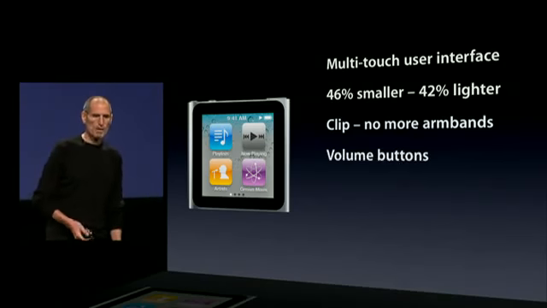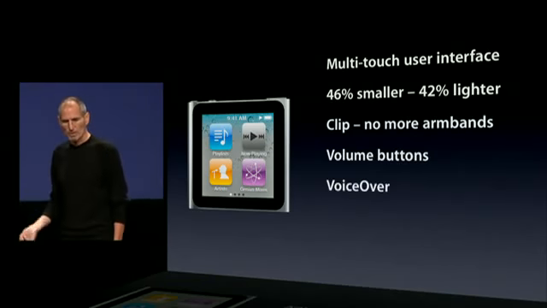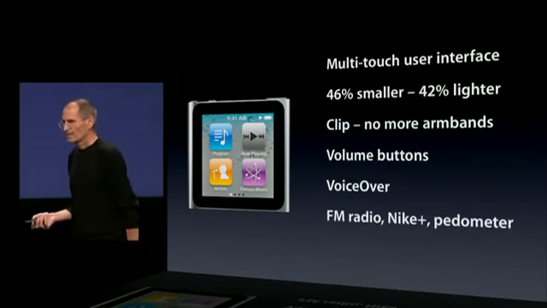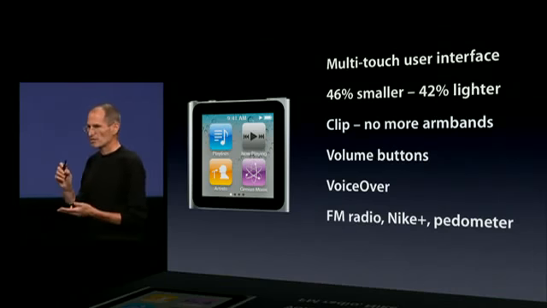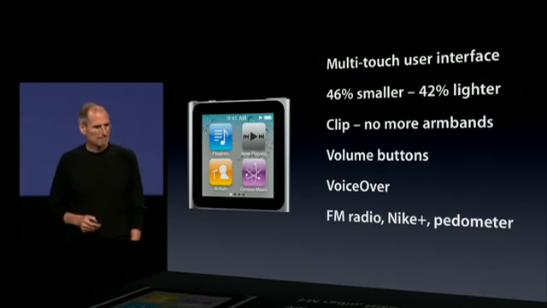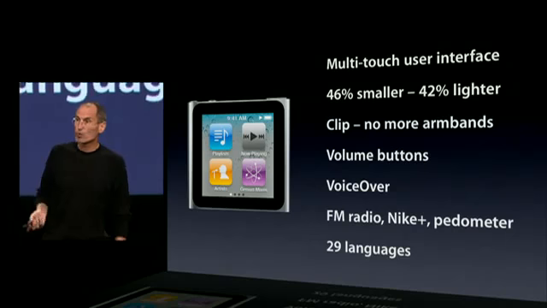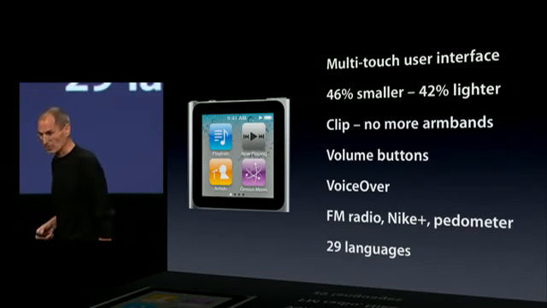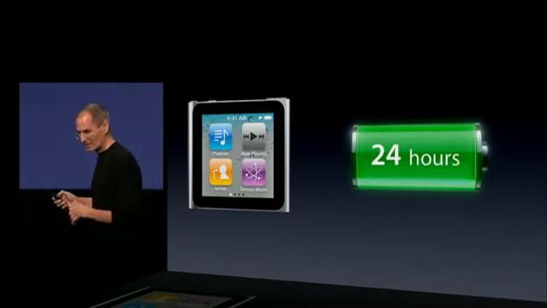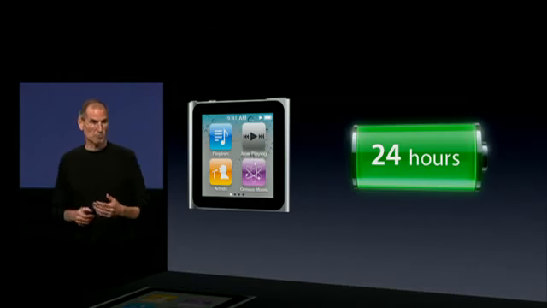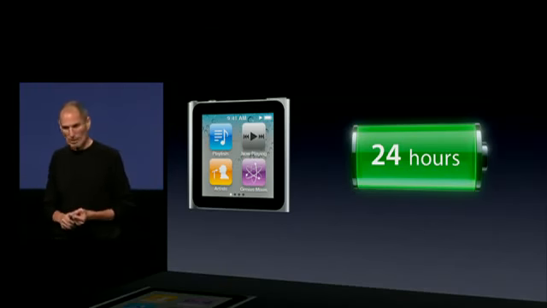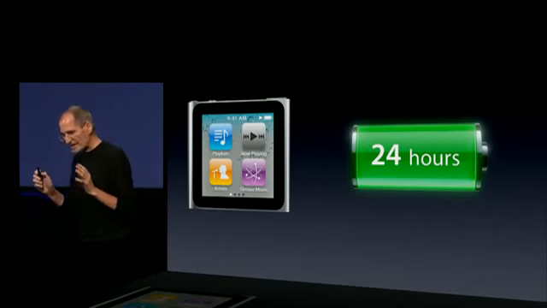It's got volume buttons, hard volume buttons, VoiceOver, FM radio, Nike Plus, pedometer, all sorts of stuff like that. And it works in 29 different languages. So we're really excited about this. It's got 24-hour audio playback, 24-hour battery life. And so take a look